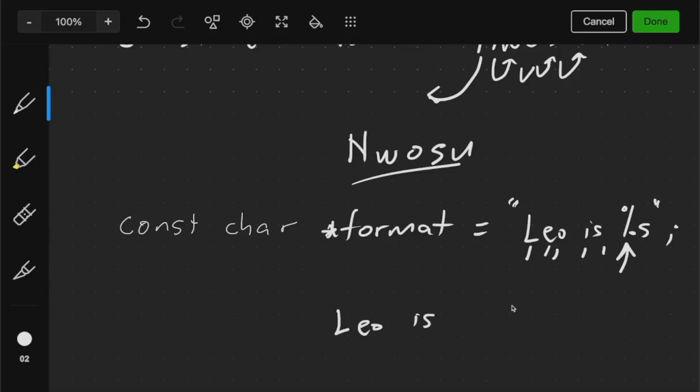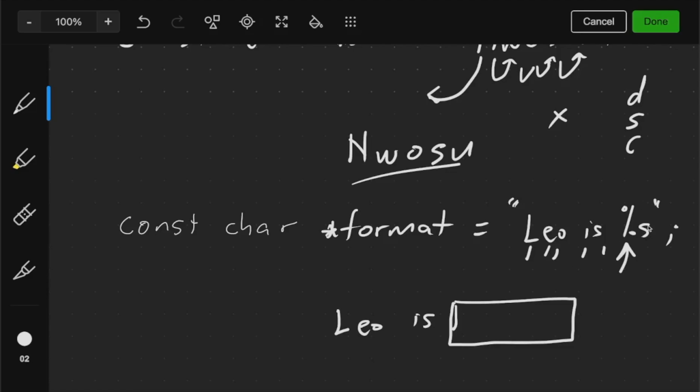But the moment we come to the % sign, the compiler knows that this is a placeholder. So it allocates memory for that placeholder and then continues. It's like the next character that comes is what will determine what it will do. It could be a D for integer, an S for string, a C for a character, an X for a hexadecimal number. Whenever I'm seeing a hexadecimal number, I really struggle. All right. So there are lots of format